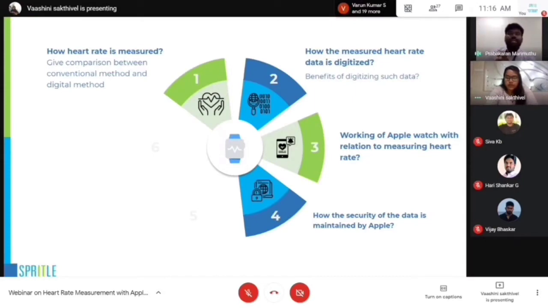There's an app called Health in the iPhone and Watch apps. That app helps you store your data. With the Health app, you can decide which data needs to be accessed and which data needs to be restricted. The iPhone and Apple Watches also come with more security, like Touch ID and Face ID, and then all the information